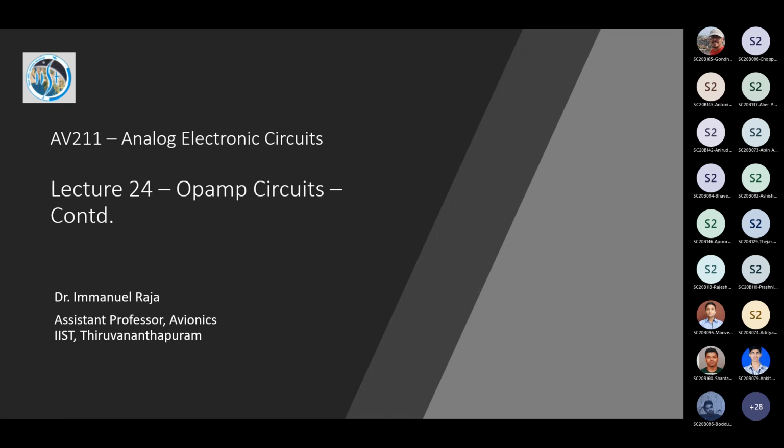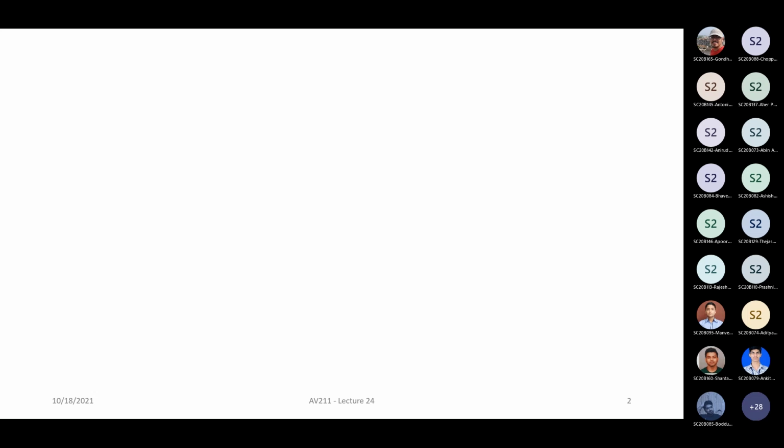Now, towards the end of last class, I was talking about the non-inverting amplifier, and I mentioned that the input impedance of a non-inverting amplifier is infinity while using an ideal op-amp. Okay? Now, the assumption of an ideal op-amp is not a very bad one. It is fairly a practical assumption. It is only in certain cases that we need to take into account the non-ideality. Otherwise, for most of the discrete analog experiments or circuits, you can basically take it to be almost an ideal op-amp.